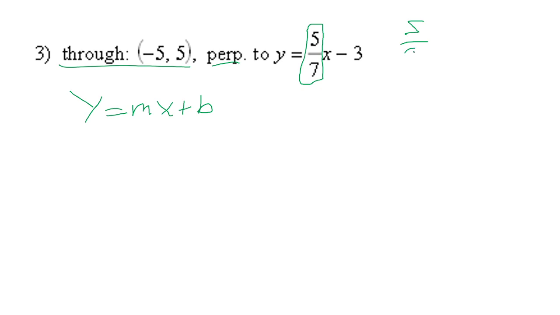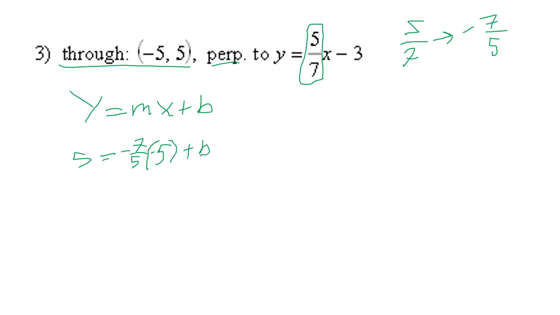So 5 over 7 is going to change into 7 over 5 when I flip it. And then we know it's negative. So our new slope is negative 7 over 5. All right? That's the tricky part of this problem, remembering to find the negative reciprocal. Once we have the negative reciprocal, we go through and plug and chug. So plug in our y and our x values. So our y is 5 equals our m is negative 7 over 5. Our x is negative 5